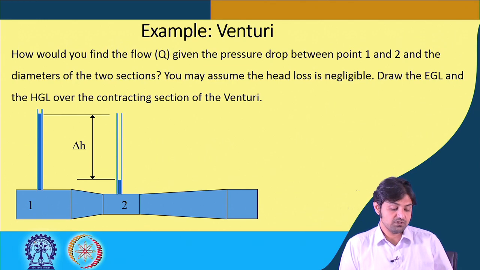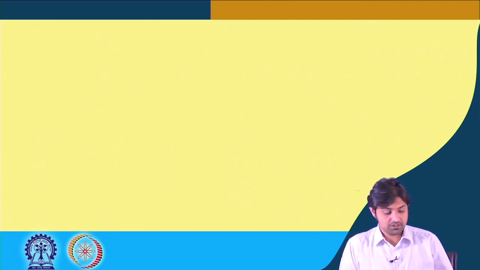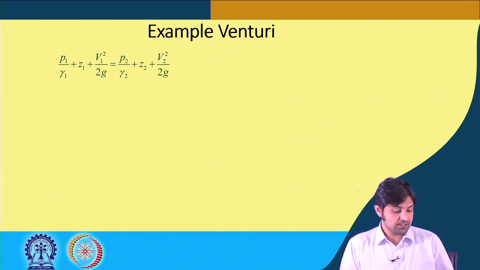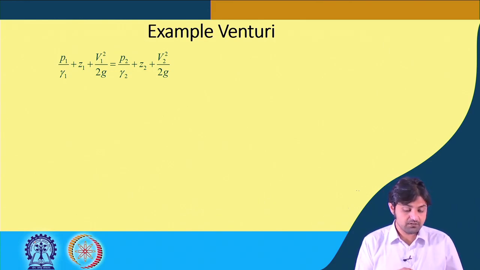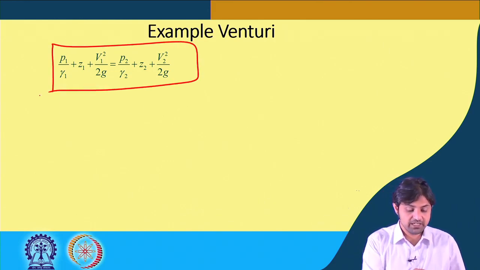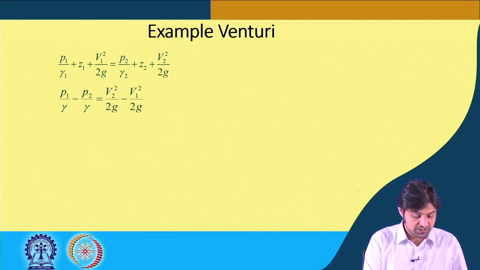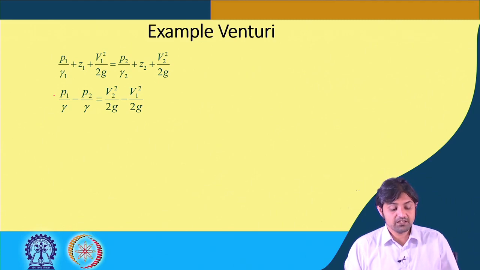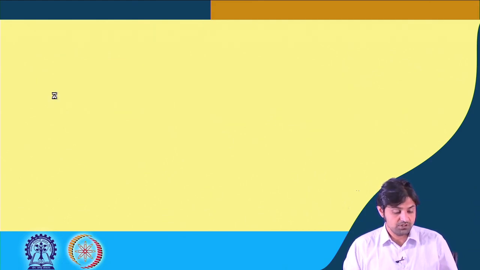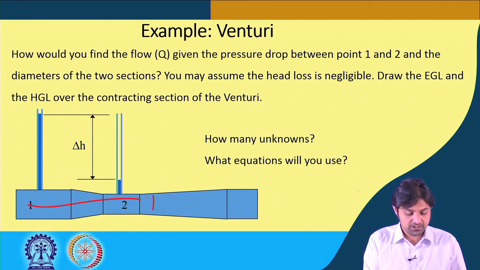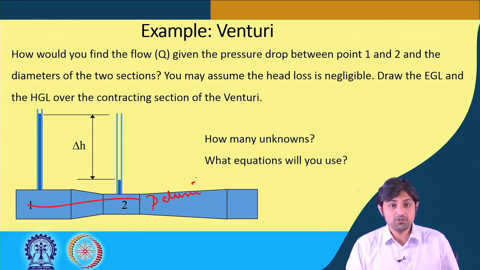So, this is the Venturi meter, alright. The water will rise depending upon the pressure. How many unknowns? What equations are we going to use? Those are the questions. Okay. So, the first thing that we can do is we apply the Bernoulli's equation at 2 points, alright. So, we take the pressure P1, P2 on one side, Z1 is equal to Z2, okay. So, that will be P1 by gamma minus P2 by gamma is equal to V2 square by 2g minus V1 square by 2g. As you see, the point 1 and 2, the datum is same, right. That is why we were able to cancel this one out.